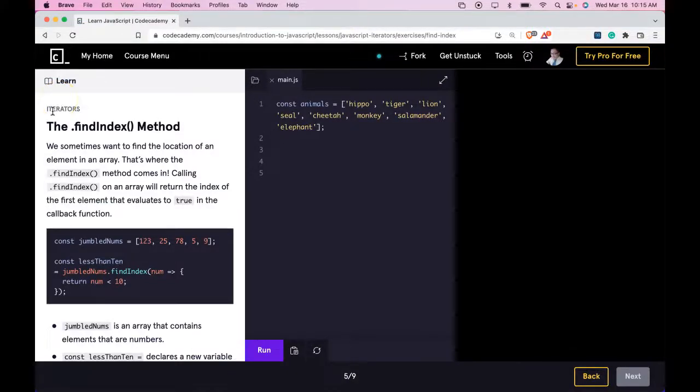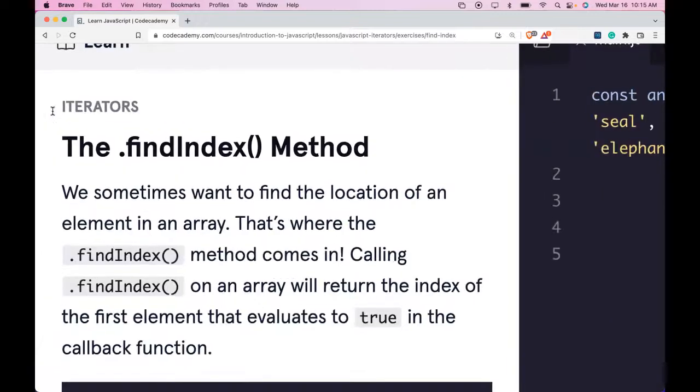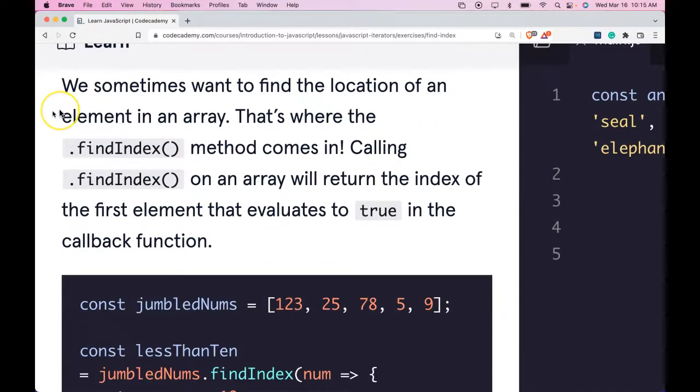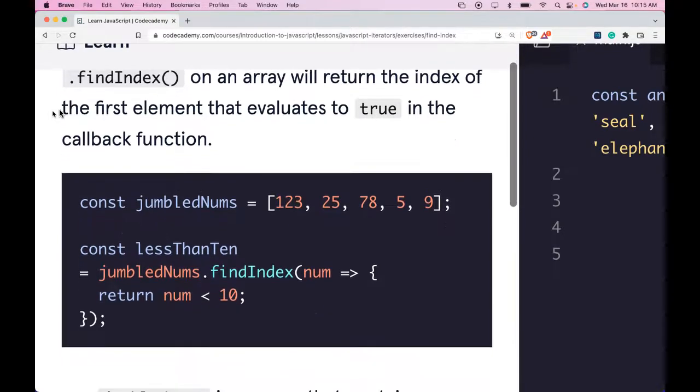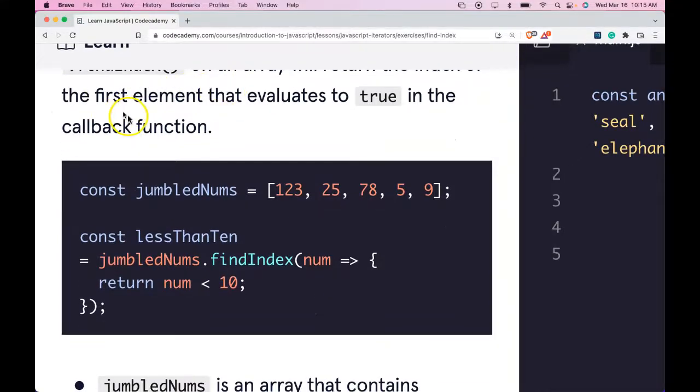We're in the iterators section. This is the .findIndex method. We sometimes want to find the location of an element in an array. That's where the findIndex method comes in. Calling findIndex on an array will return the index of the first element that evaluates to true in the callback